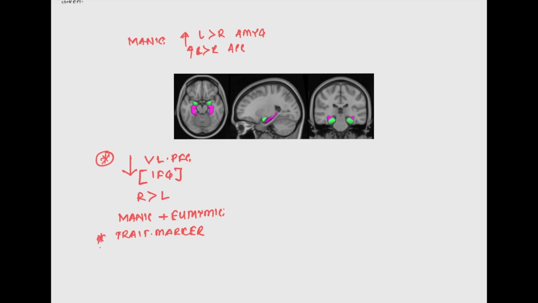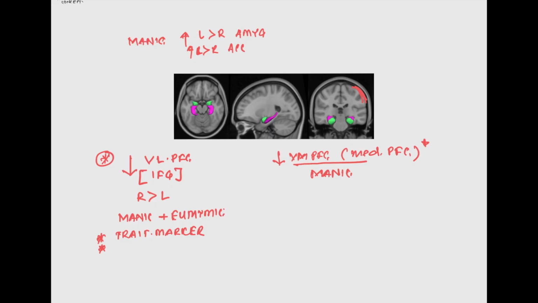Okay, so this is consistently replicated, this particular finding. In manic episode, there is also a decreased activation seen in the ventromedial prefrontal cortex, which is the medial part of your prefrontal cortex, right? So if you look at this, the ventrolateral is here, okay? The ventromedial is the medial part of your frontal lobe, all right? So the patients with mania also show a decreased activation of your ventromedial prefrontal cortex, which is basically the medial